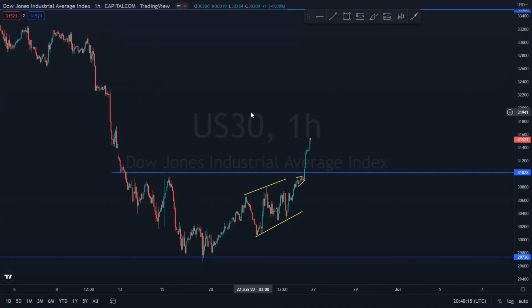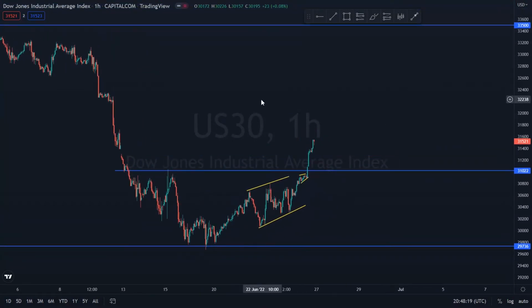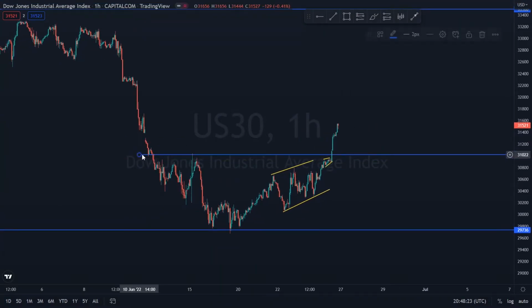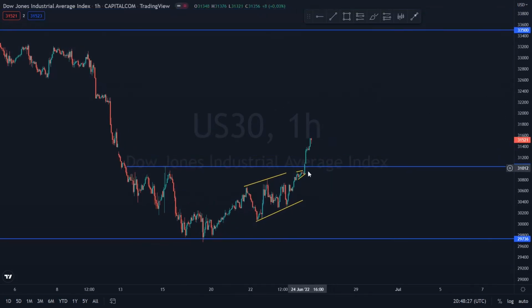Let's look at US30. So I think US30 within the week, we analyzed, and then we analyzed multiple scenarios that can play out, and then we can see that some of the scenarios that we analyzed have finally come to play. So we analyzed it, and we were looking for the corrective phase at this level,